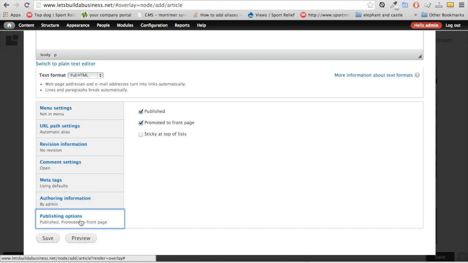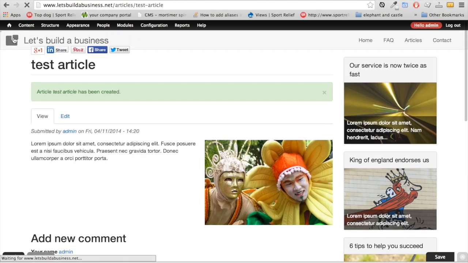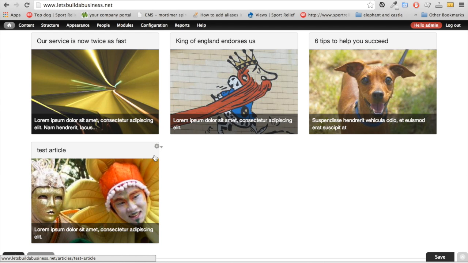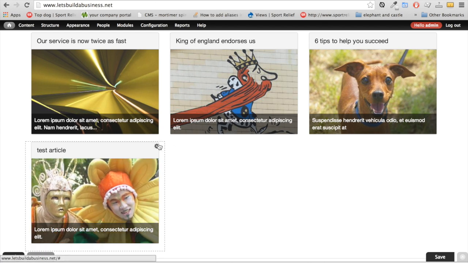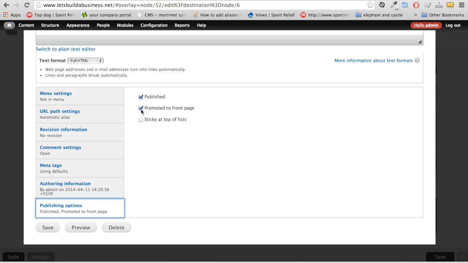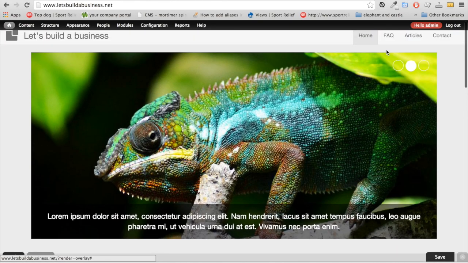If you go down to Publishing Options, by default, Promoted to Front Page is ticked, which means it'll display on the home page. I'm going to leave it ticked. This is what we've just created. There it is. If you don't want it to display on the home page, you can now edit it. Scroll right down to the bottom, click Publishing Options, untick Promoted to Front Page, save, and there we go, it's gone. But it will display on the articles page,